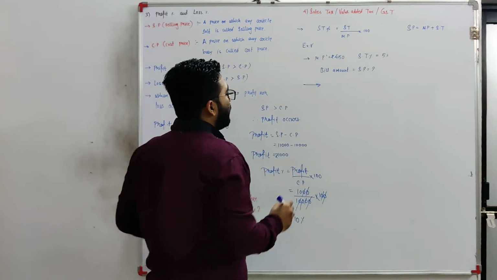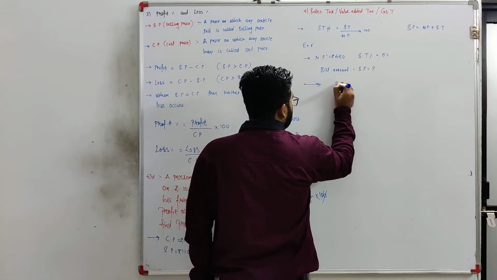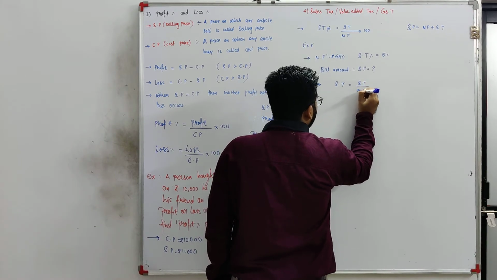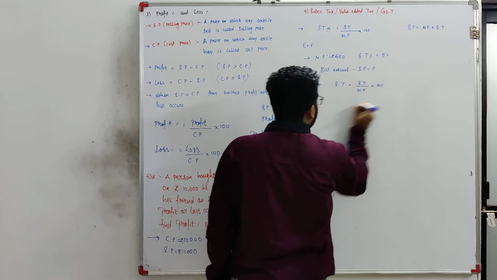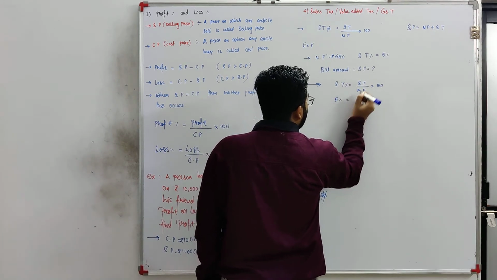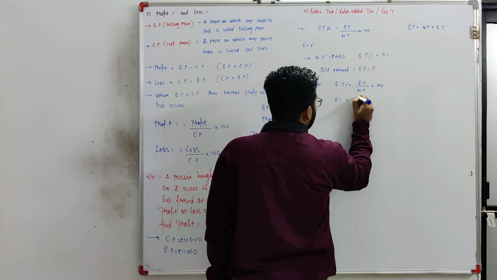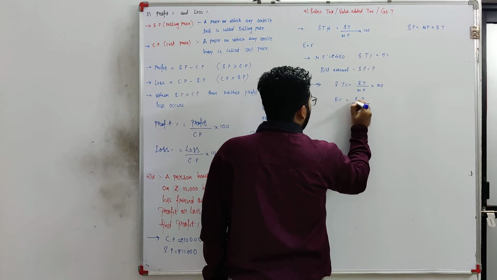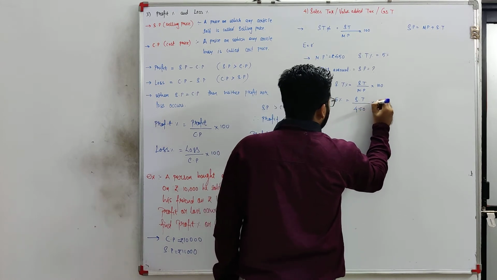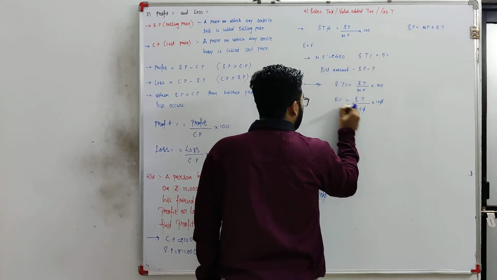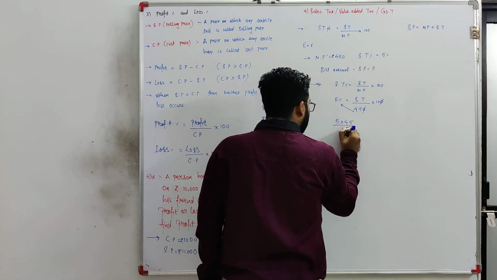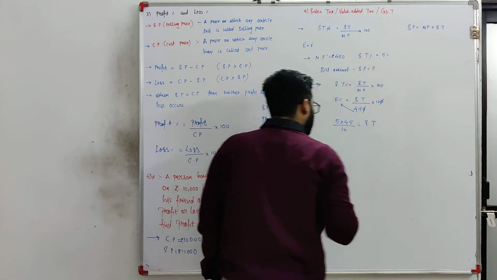So here sales tax is equal to ST divided by MP into 100. Therefore percentage 5% is equal to sales tax. Sales tax becomes what? I need to find. Here mark price is 450 into 100. So 0 cut. So 5 into 45 divided by 10 is equal to sales tax.